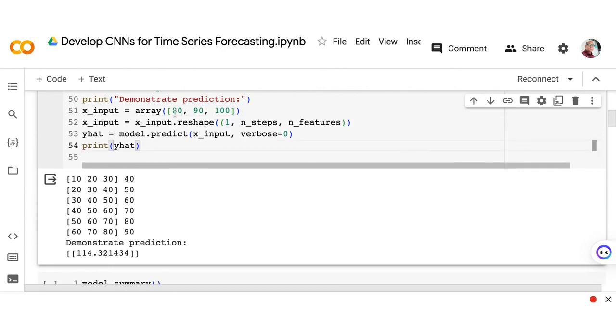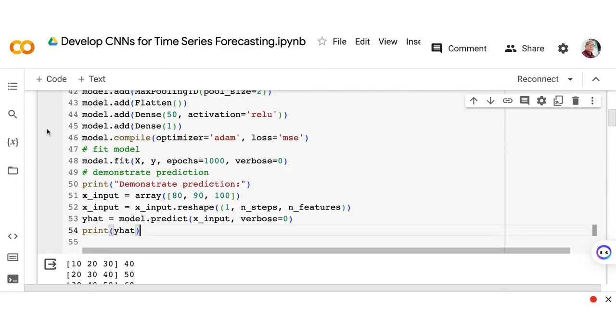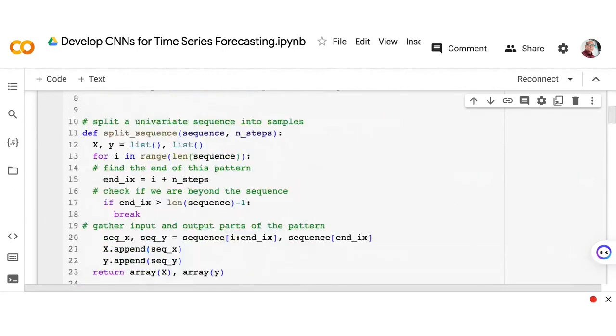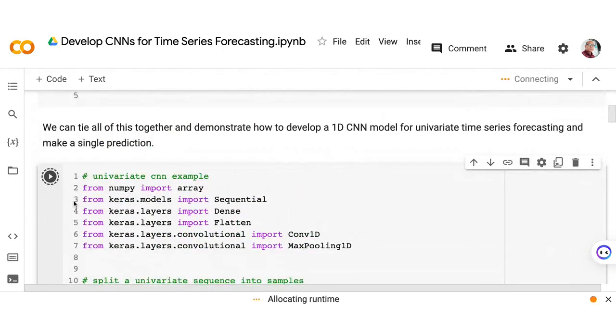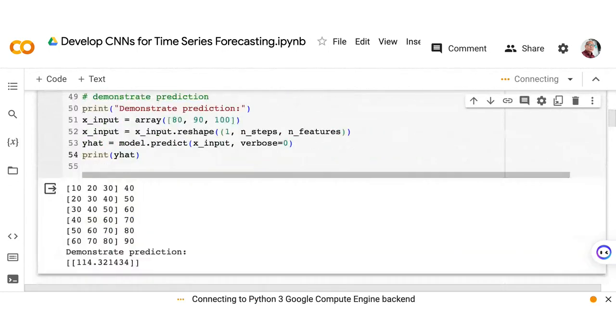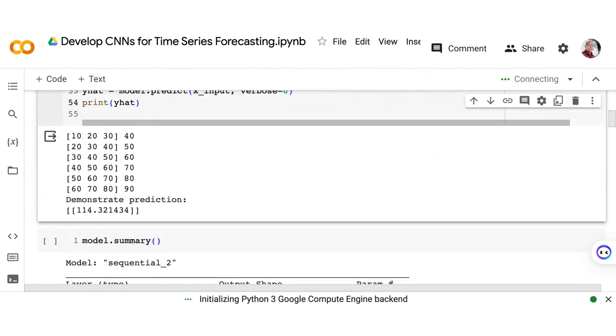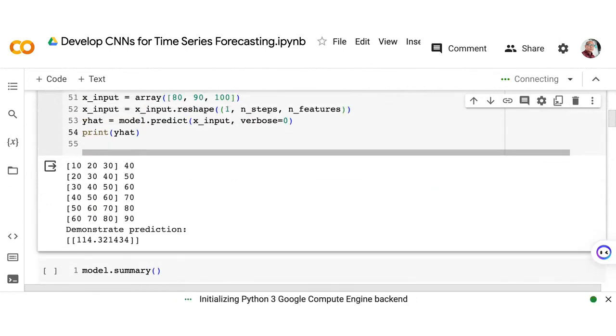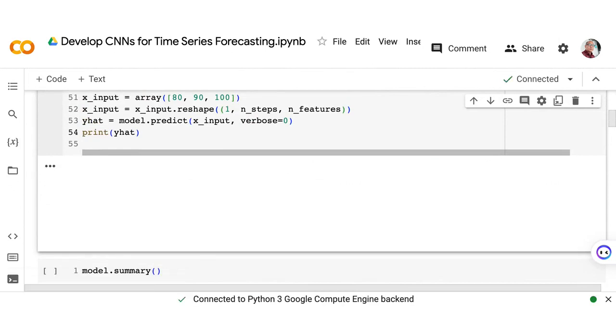So as you can see here, if we try to run this, let's try to run. Because it's basic lang naman what we have here. Now it's connecting, and let's see what happens. If there will be changes on the output, because here it is 114. So it's now running, as you can see.